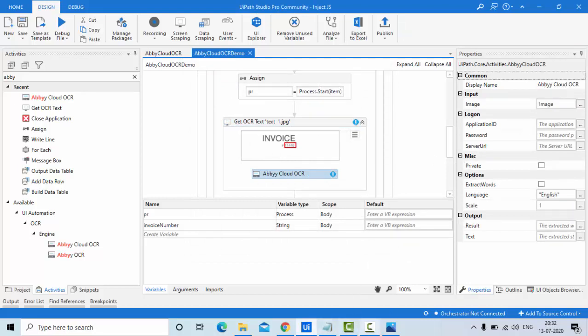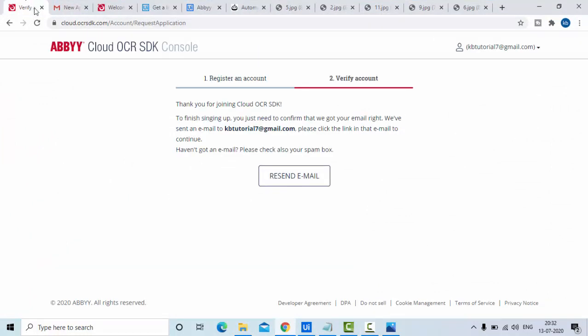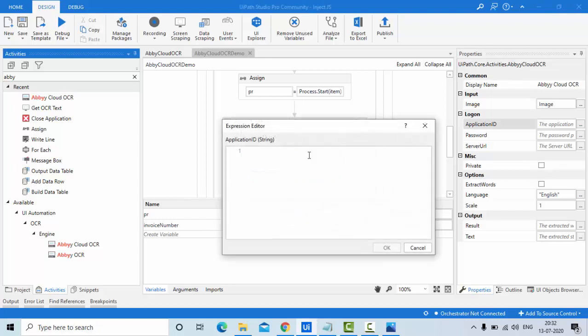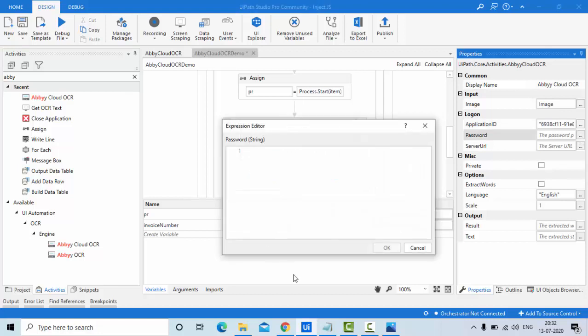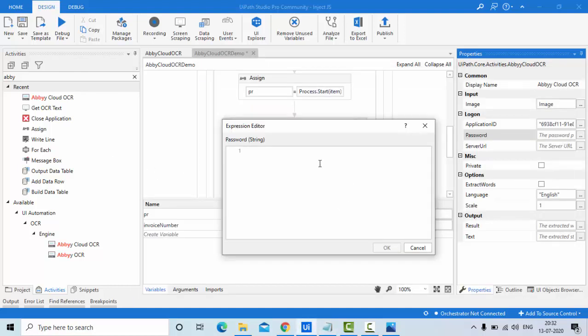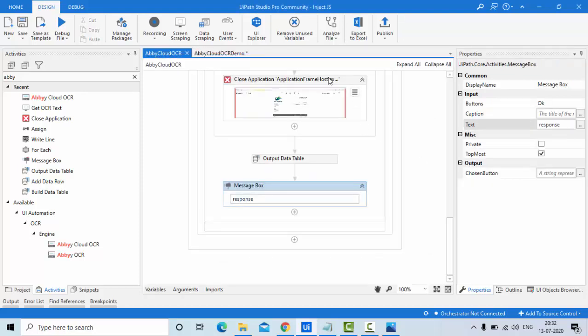Next is Abbyy Cloud OCR. Here you have to create an account in this one. I have already prepared a demo on how to do that, so I'm going to add that in the description so that you can refer. This is my application ID and this is my password, guys. So I'll simply use that. And for the URL, I'll take it from the previous example.